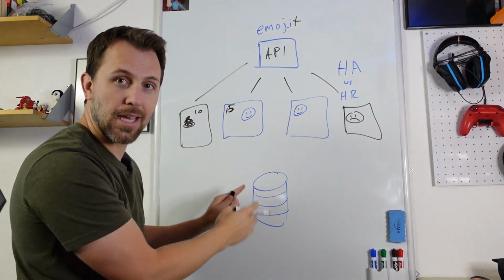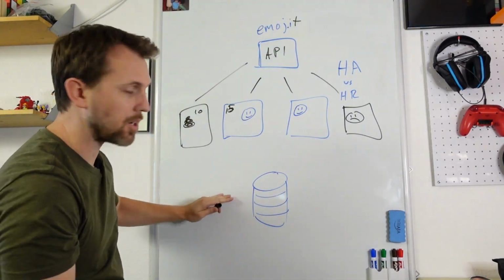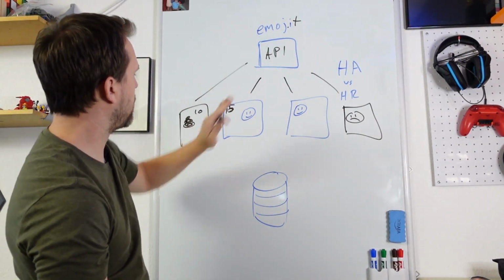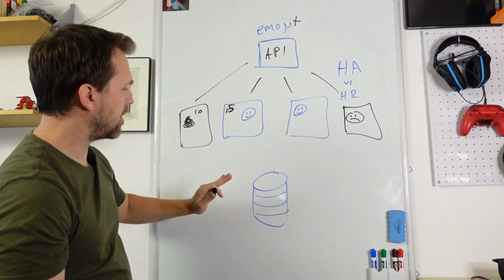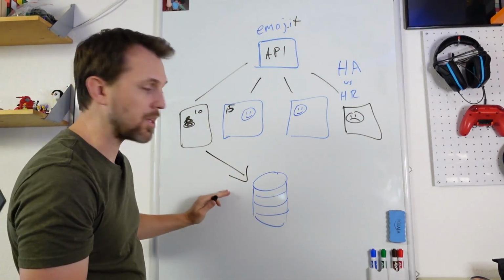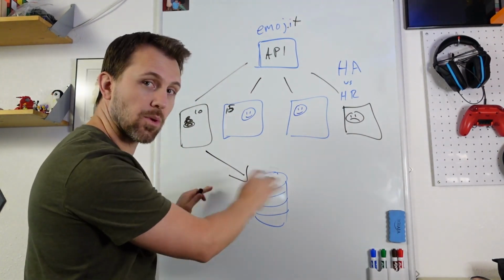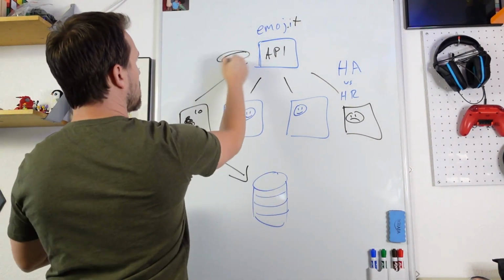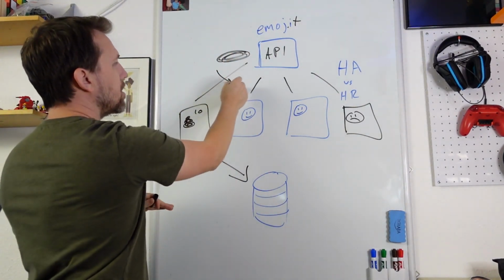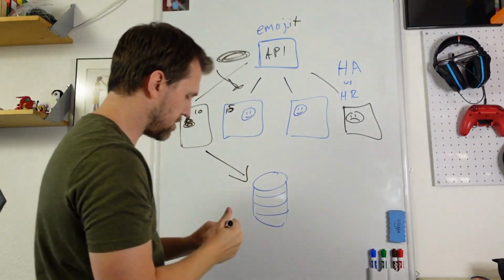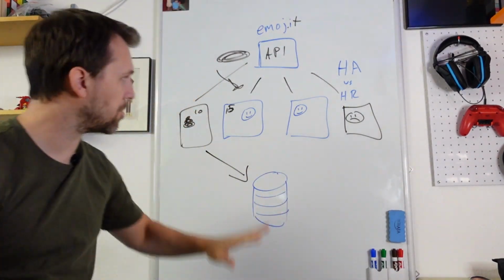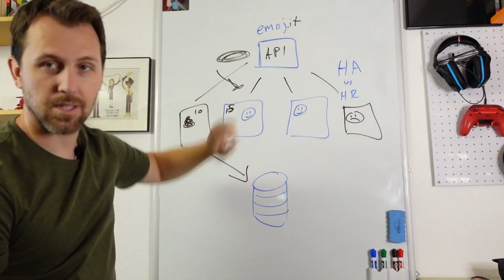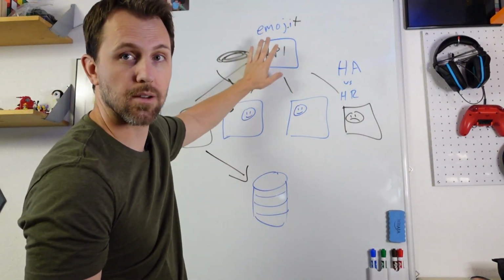But they all come back to this database where we actually get the emoji from. We store them all back here. I don't know if this is highly available. If I requested some poop and it doesn't get from a read replica properly, I don't know, that's the database reliability side of it. But that's probably a separate team. I'm the site reliability, so I'm just focusing up here on the API and a little bit down here on how it interacts. But the database, I don't know yet. For anyone onboarding, this is our rough architecture: microservices, one for every emoji, the database, and the API where people are requesting. I don't know how this runs yet.